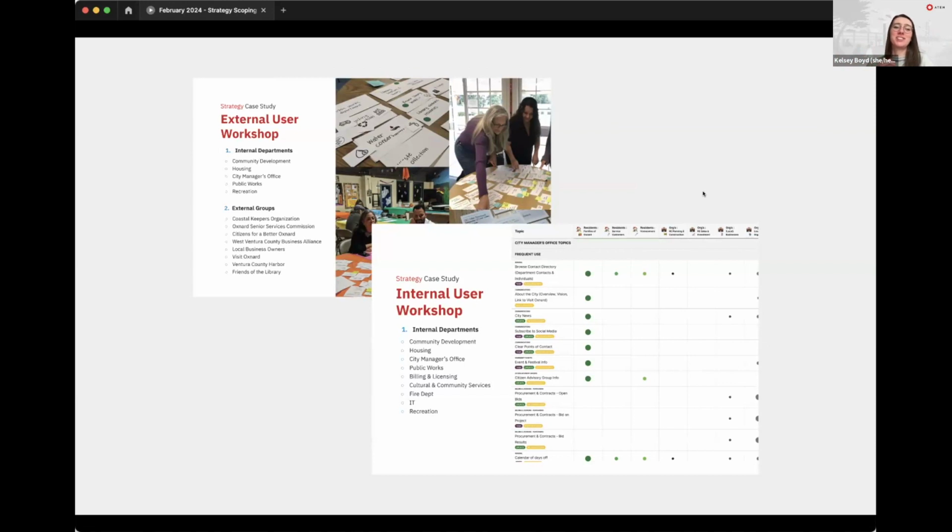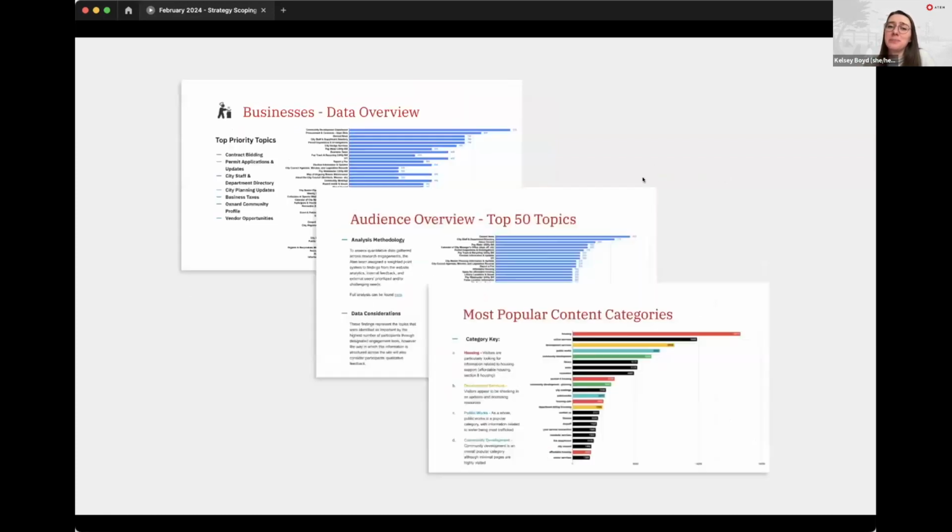audiences, business owners, a really wide range of users who could tell us how they would expect to find that content on the site, in terms of navigating the complexity of such a broad website and broad amount of content, and just ensuring that we understand how they would expect to find those things. And as we go into building the site, that they are able to use the tools that are being built and navigate to them. So we use this as a very data-driven approach, as I mentioned earlier, really making sure that we understand both what is being used and accessed now from a content standpoint, and how we bridge that into the workshops and surveys and what we hear from individuals in those,